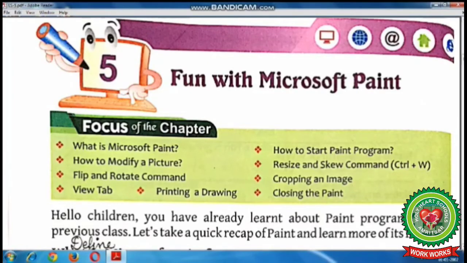So today we are going to discuss the very first two topics, that is what is Microsoft Paint and how to start Paint program.